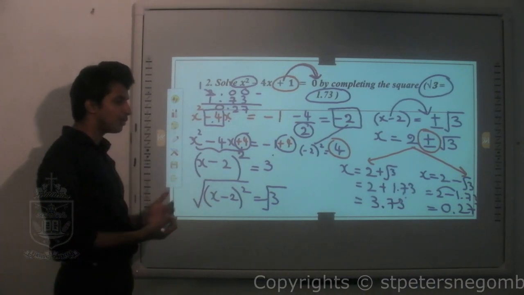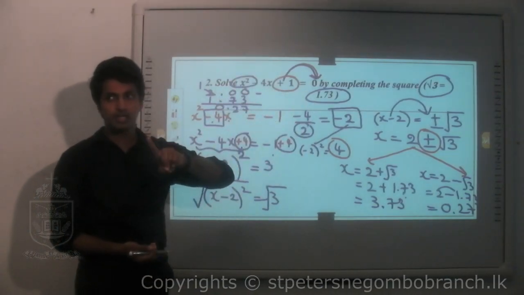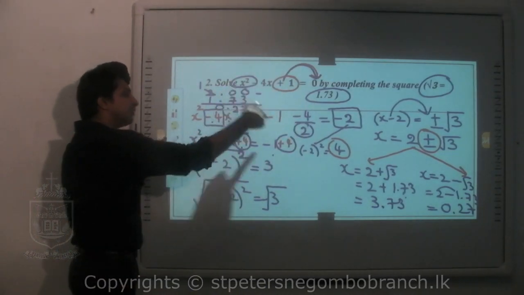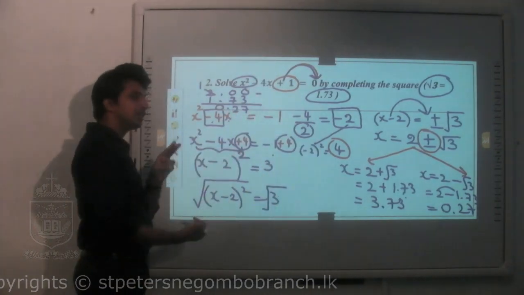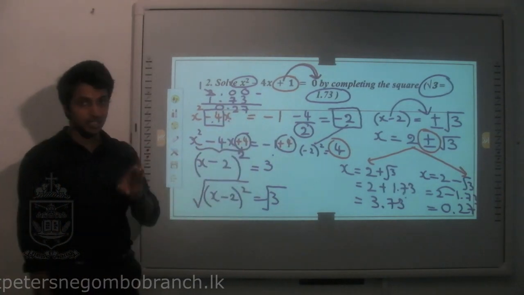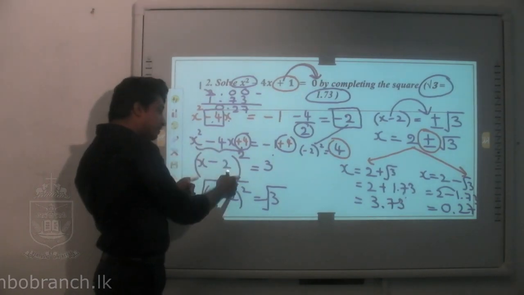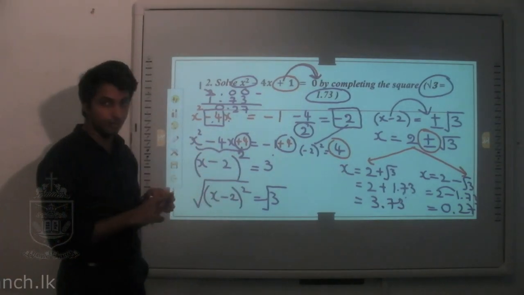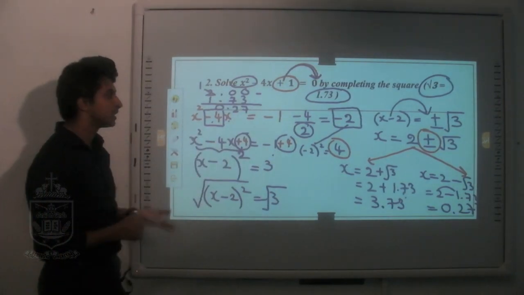Always we have to go through the same order. Take the whole number to the other side, number 1. Take the x value, divide by 2, you will get an answer. Take that answer and square it, then you will get a value, that is number 2. Take that value, add to both the sides, that is number 3. Then you have to form the expansion to a perfect square, number 4. Take the square root and go through the simplification.